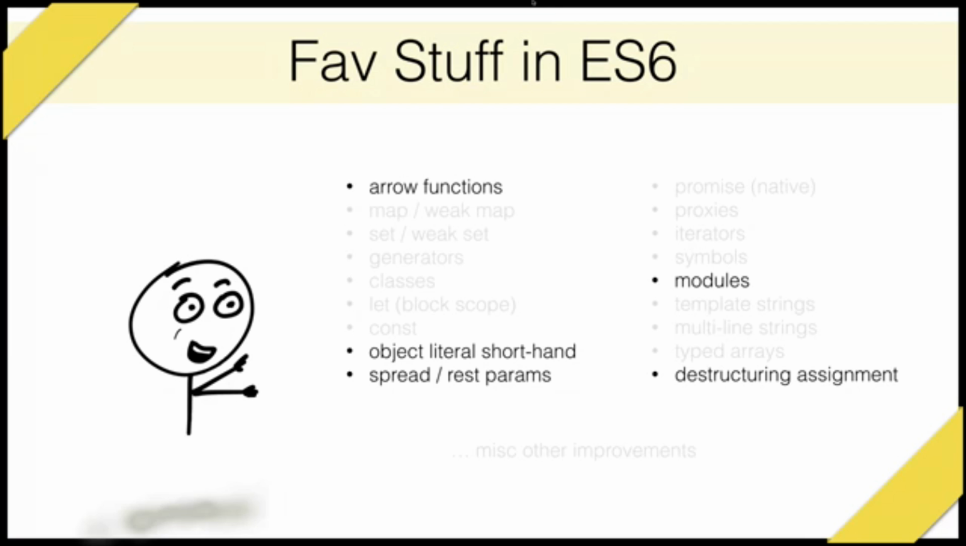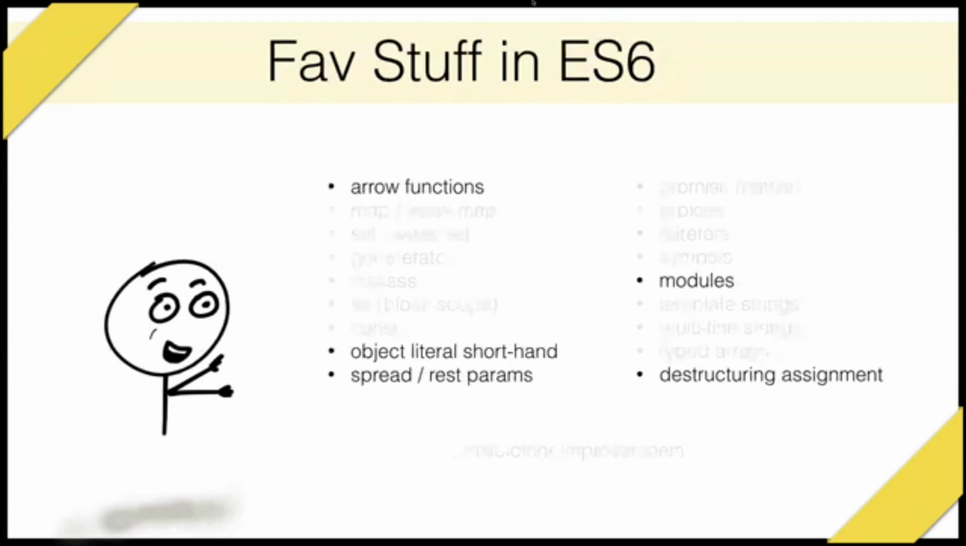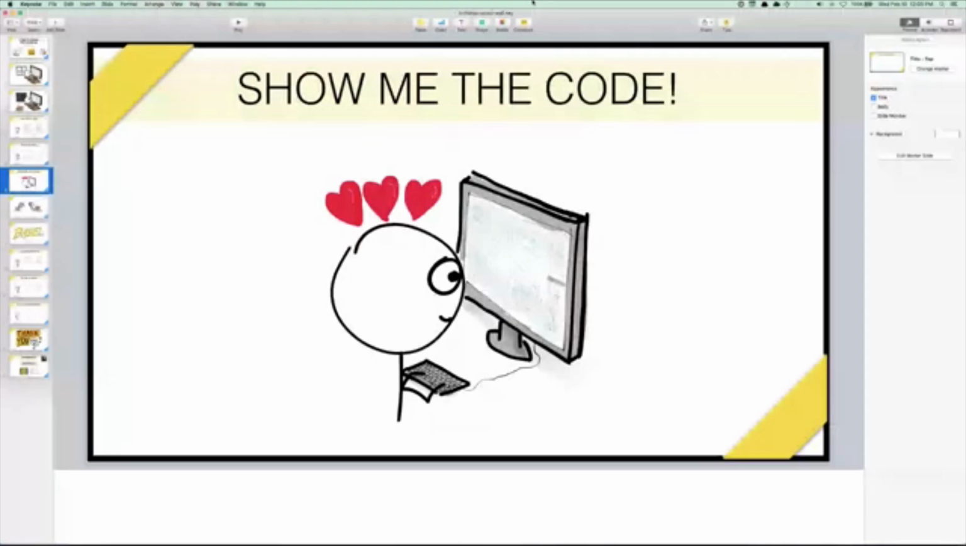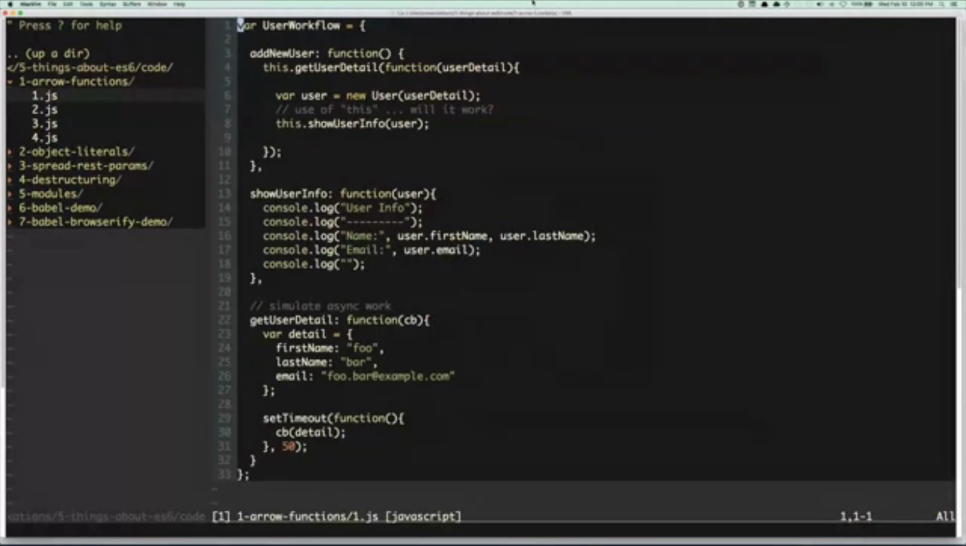modules, which are incredibly important, especially if you're doing browser-based code these days and want to compile down to a single file. And then destructuring assignments, which is a really powerful way of getting multiple variables out of a single object or single return from various places. So without any more ado in terms of what features are available in ES6, I want to dive straight into the code here and show you these 5 things that I use on pretty much a daily basis, starting